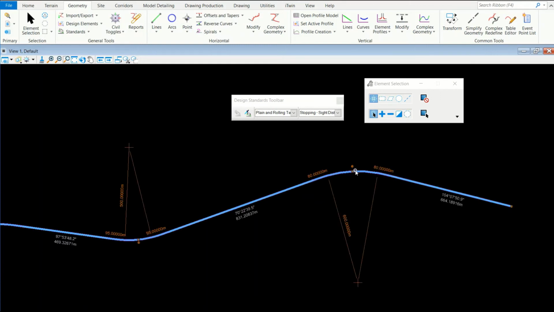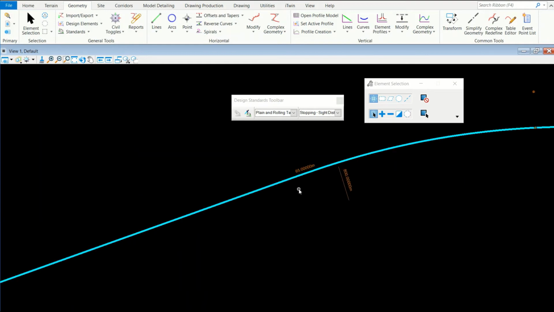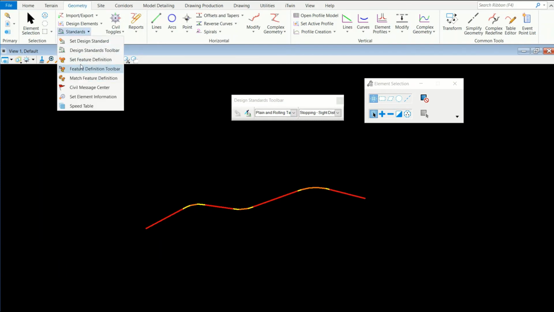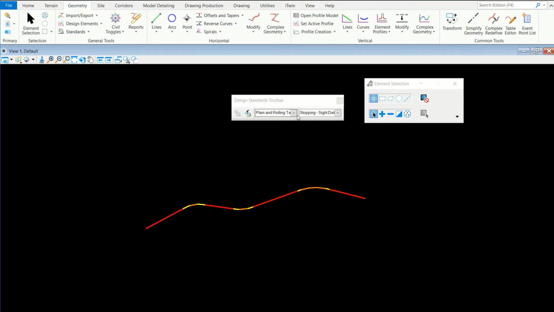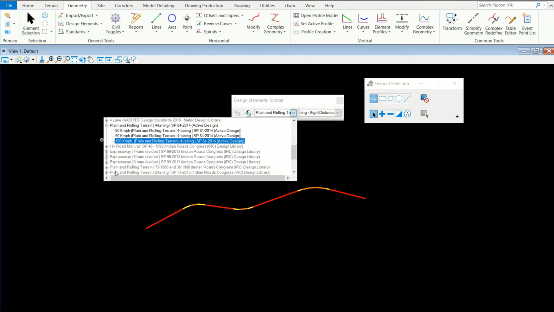While doing any geometry, you can use this same thing in vertical also. I'll make it 800. See, the transition length has been reduced to 65 meters. So go to the standards toolbar, select the design standard toolbar, then select the code whatever you are designing. If you are designing 2 lane, select this. If you are designing a 4 lane road, you can select that. Accordingly you can select expressways also. You can select it and then design